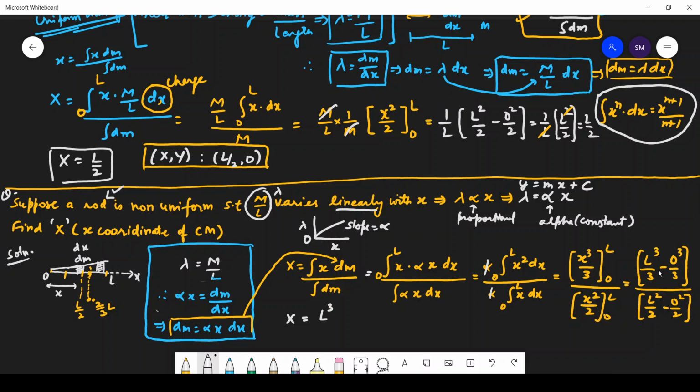Students, here also of course this L cube upon 3, and this divide will become, so if you do the reciprocal, this will be 0, right? So the reciprocal of L square by 2 is 2 by L square. Okay, and here the 2L and 2L will cancel out, so only 1L will be left, and this will be written as x equals 2 by 3